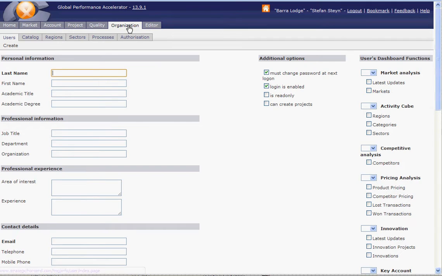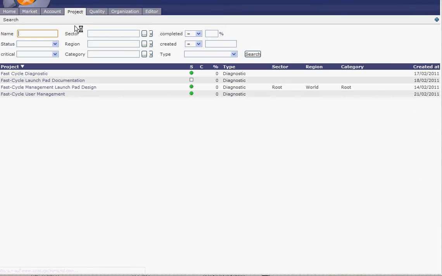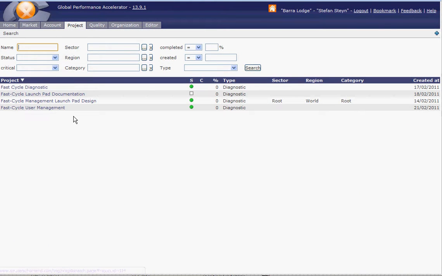And the next step is if you want to organize something in a project and give the user a task, then you go here to project, and you see all the projects, for instance, fast cycle management, Launchpad design.